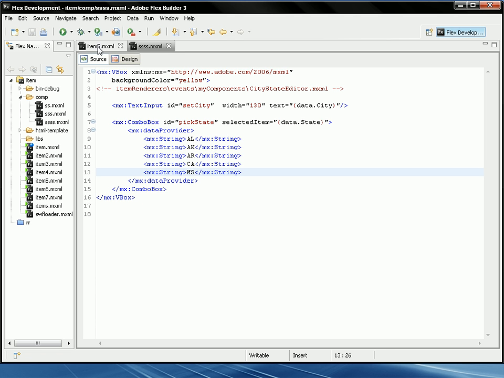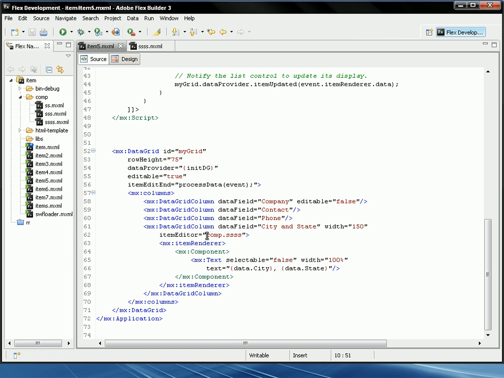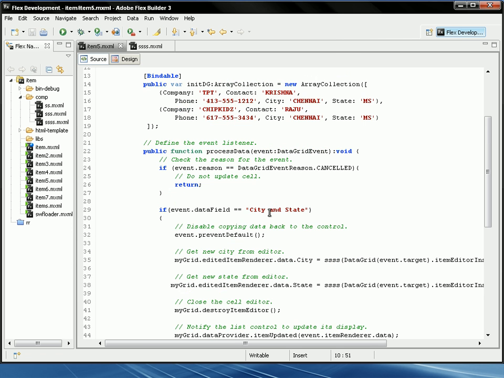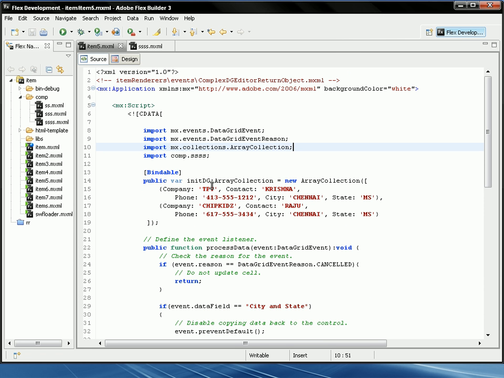Now I'm going to my main program. I'm just calling that component SSS for running a function. Now I created a component in that, with selectable as false, width as 100, and text as data.city, data.state. This function will be calling the component function, and I created an init dg as an array collection and gave company name, contact persons, phone number, city, state and all. In this, the city and states and all are called by the component